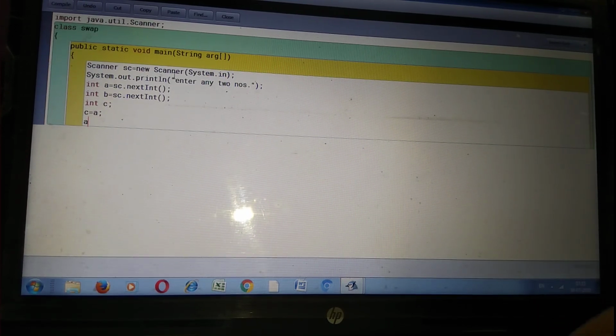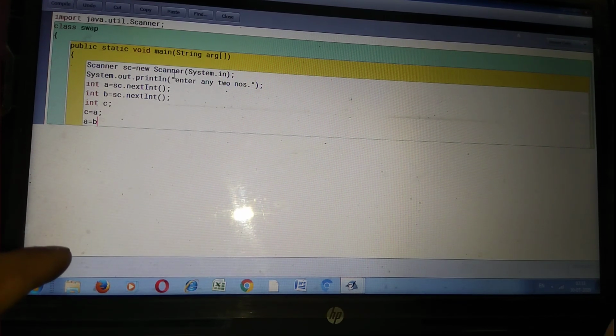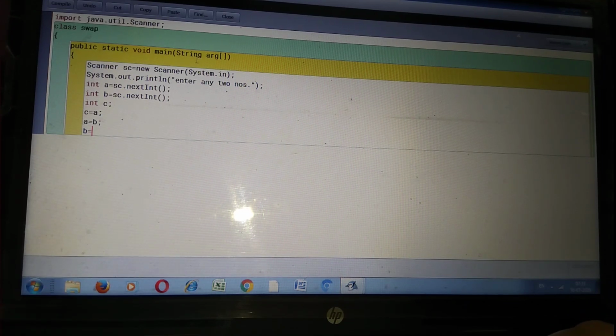Then a is equals to b, so the b value is stored in a. After this, b is equals to c, so the c value is now stored in b. It's a simple swapping method.